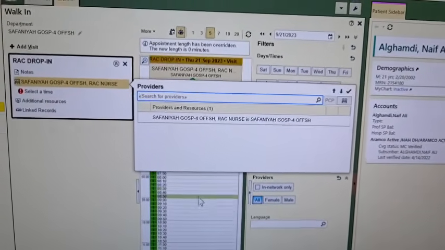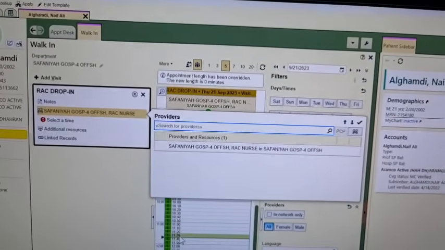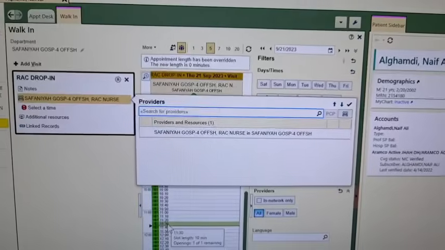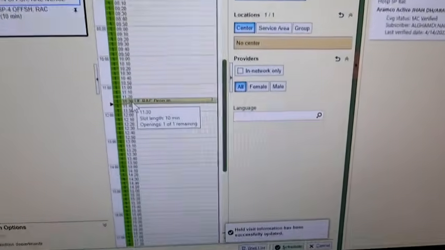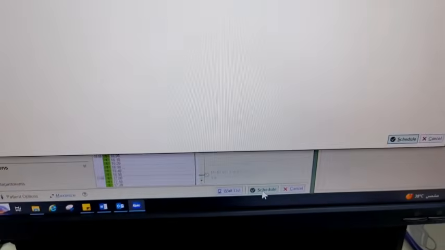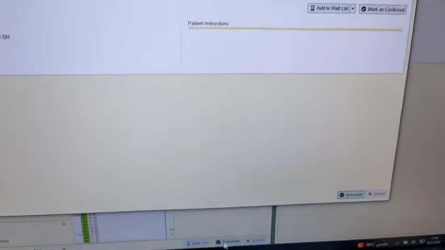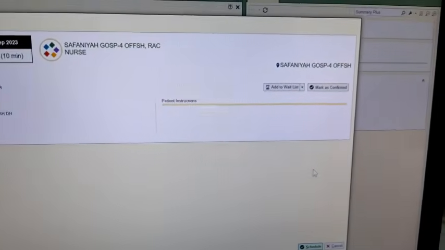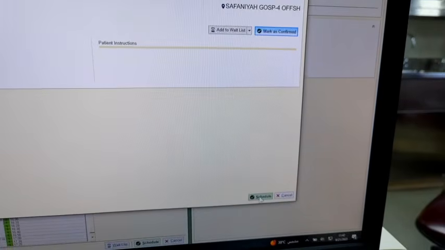Then choose the time your patient arrived. This patient arrived 11:30, so I will click 11:30, then go to schedule. When you finish clicking schedule, this will appear. Just click mark as confirmed and schedule.